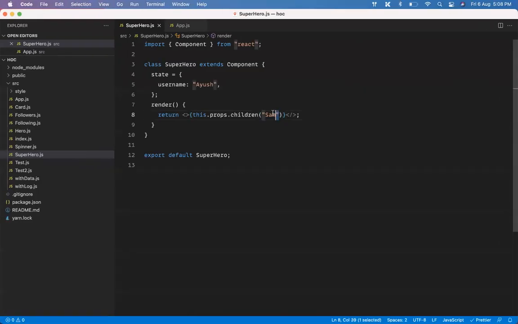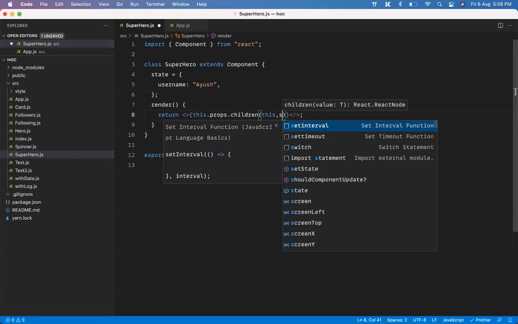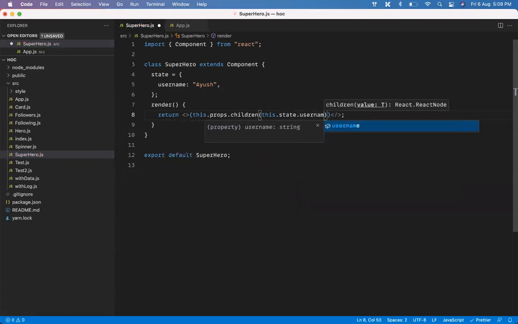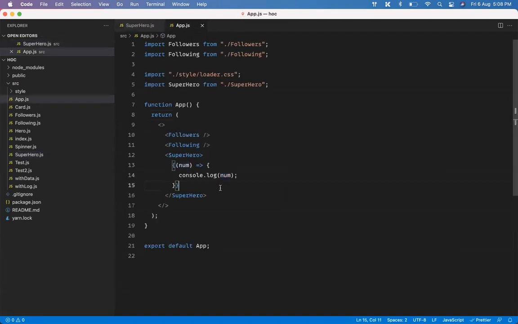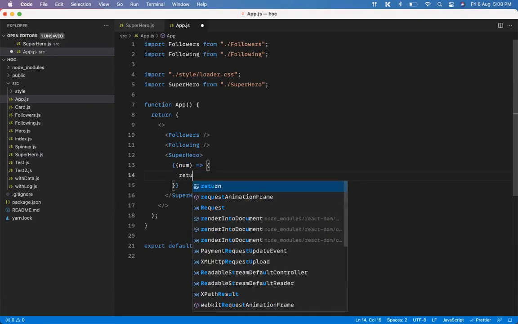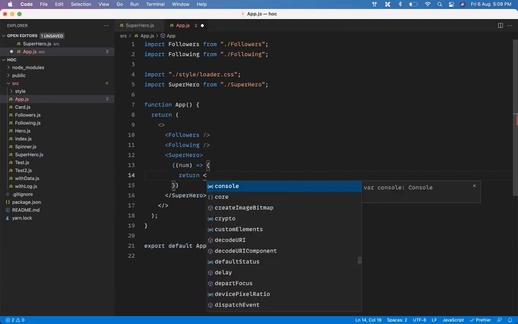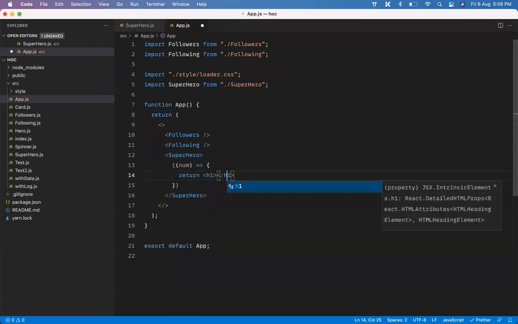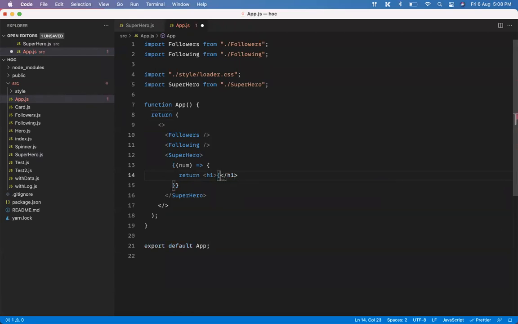Rather than just sending Sam, can I send something useful? Can I send the username of the student? this.state.username. And if I can pass that, I can just accept that name, and from here I can return whatever I want to return. Like maybe I want to display it in the form of an H1.